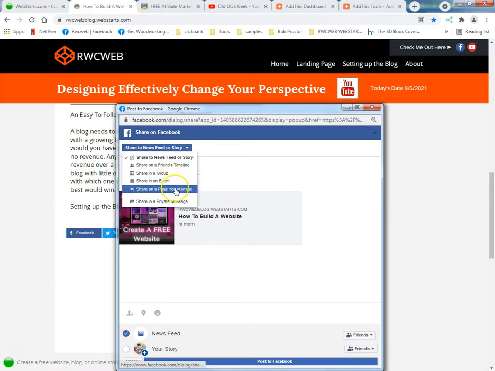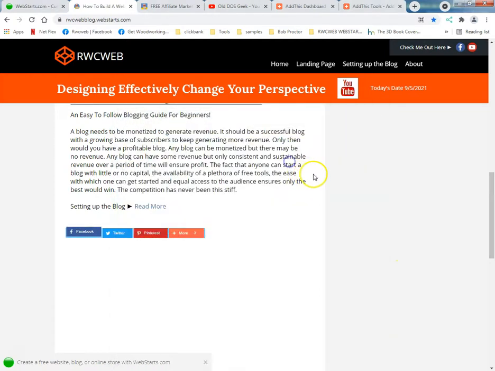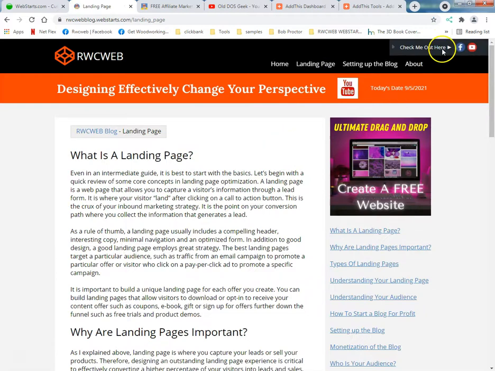I could pick a page that I manage, just like normal. And with that, of course, this is their little advertisement that they put there, which you can disable. Now you see this here? They put this here too. Boom. Landing page. Boom. This will go right to my Facebook page.